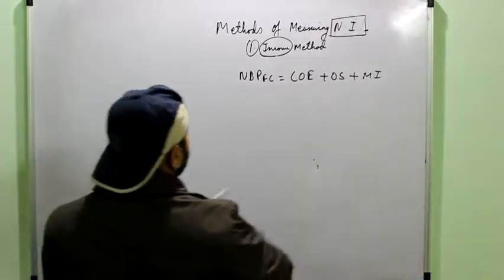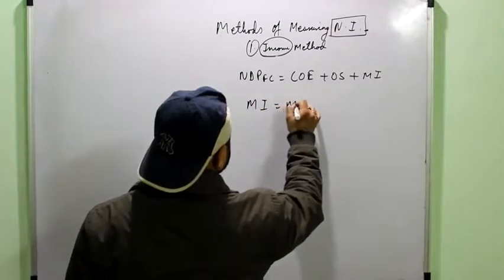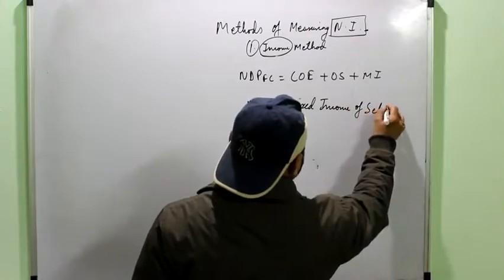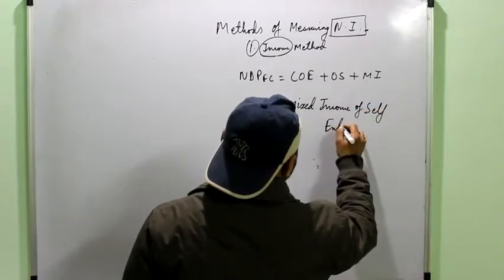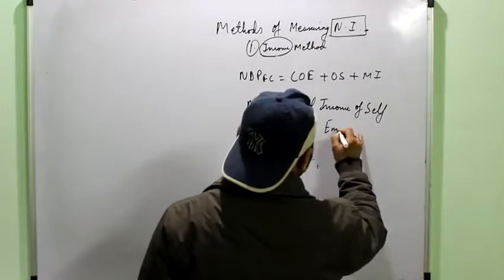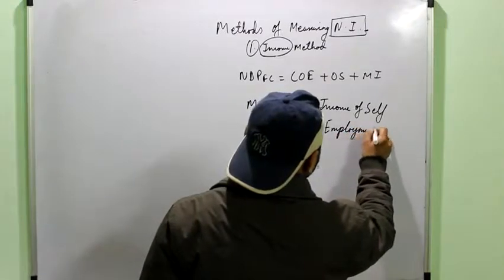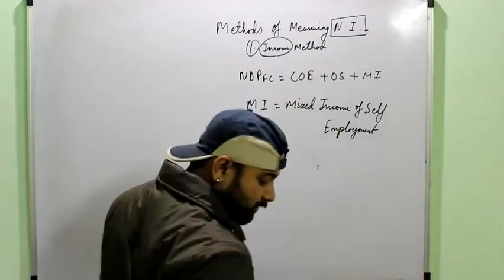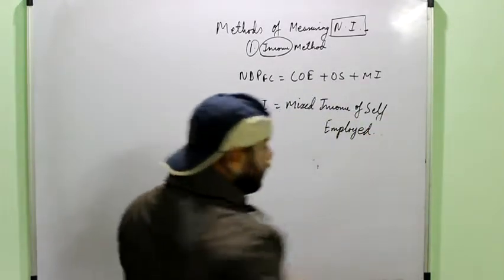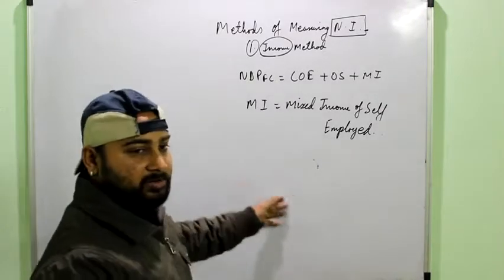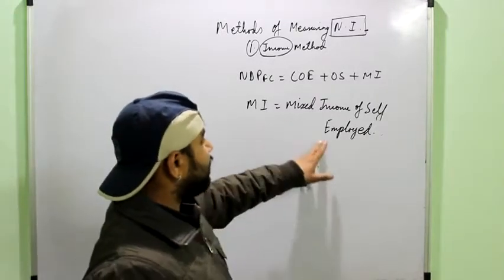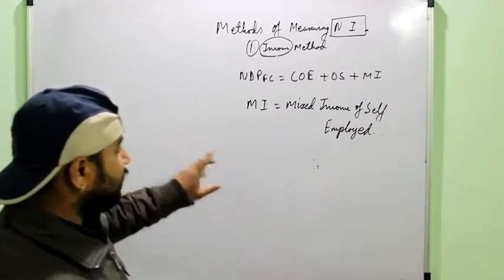It is the income of the self-employed. Self-employed means like a doctor working in a clinic, or a teacher teaching a tuition, or a lawyer doing some private practice. That is the income of the self-employed, because they cannot be categorized as labor, nor can they be introduced in any of the previous ones, that is COE or OS, because they are also not working for profit. You know that these are professions where they are doing their self-employment.